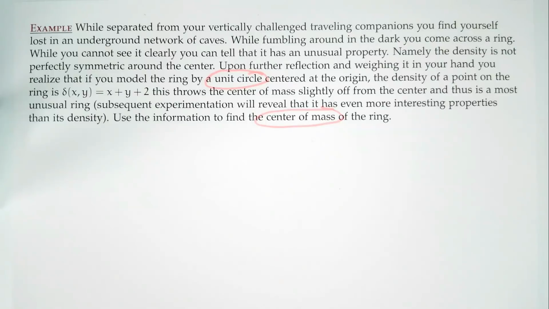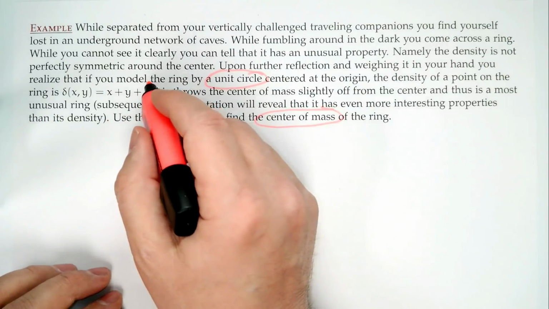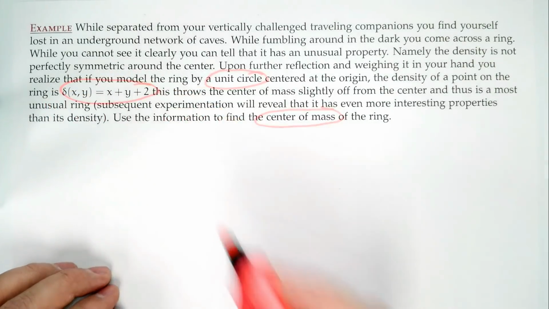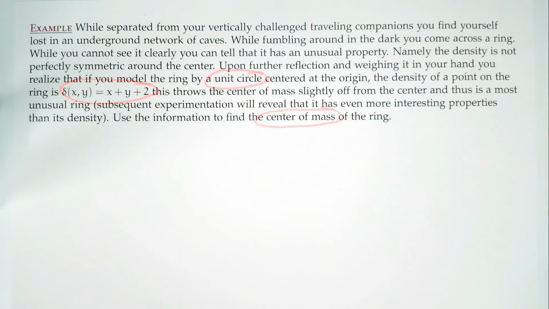So, this is another wire problem. So we're working on a wire. The wire is a circle. And, all right, so now we know it's a type of problem, center of mass. We know the region is the unit circle. And the last thing you need to know for mass is density. So these are the three key things that this problem will tell us. And once we solve this, well, we'll know